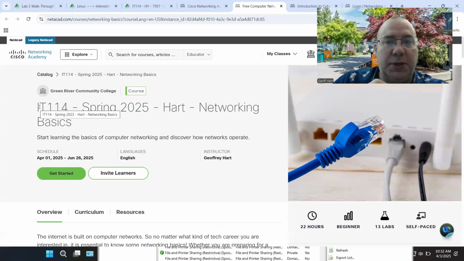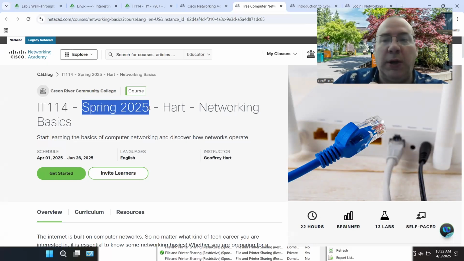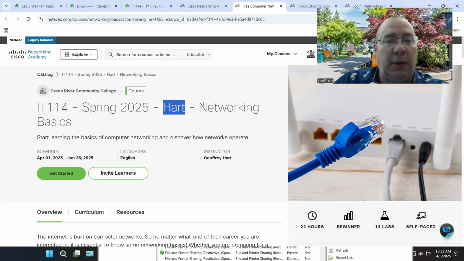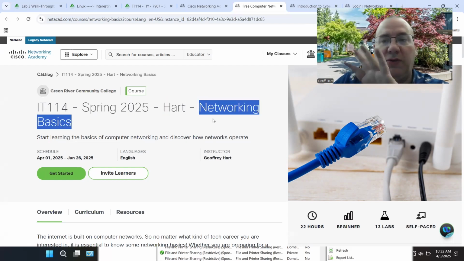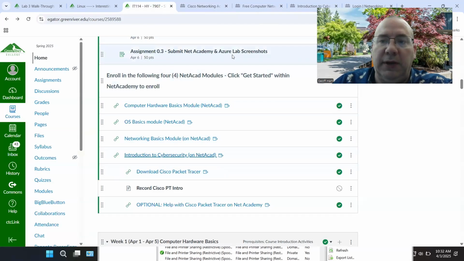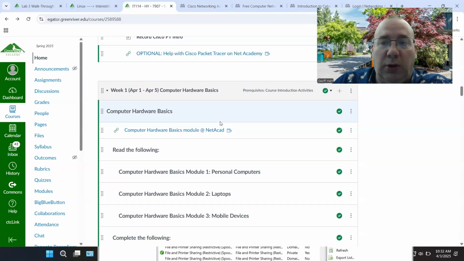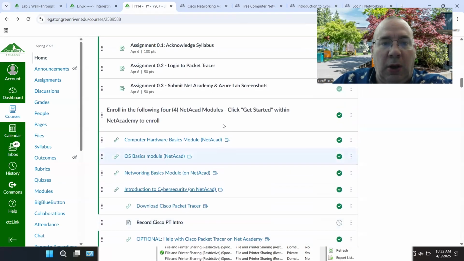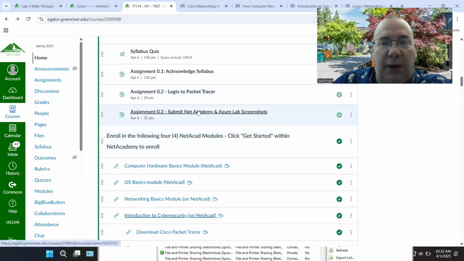And again, make sure that you see IT 114, or our class number, spring 2025, my last name, Hart, and then the name of the course. So there should be four total that you're enrolling in. You'll take a screenshot of each of those and put them into a Word document for this assignment right here.